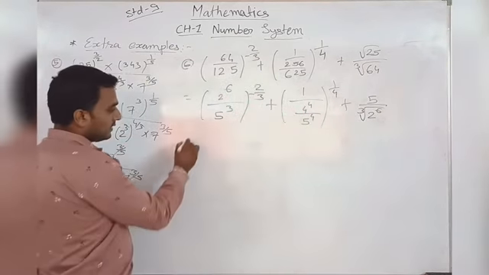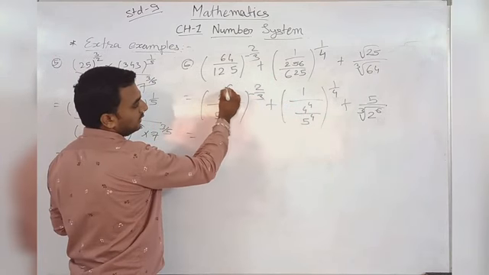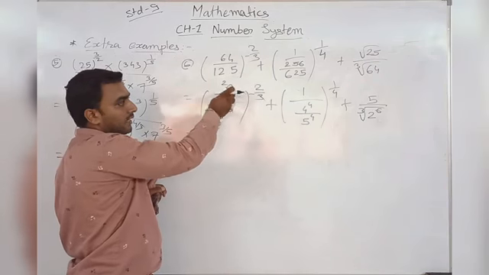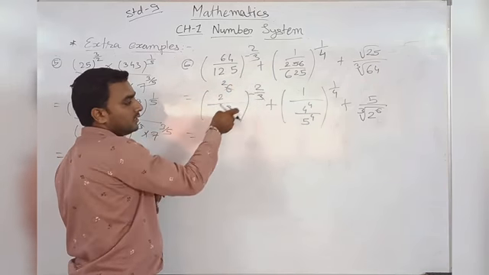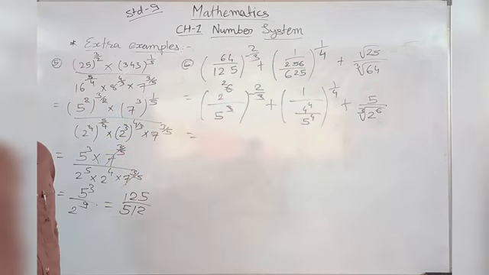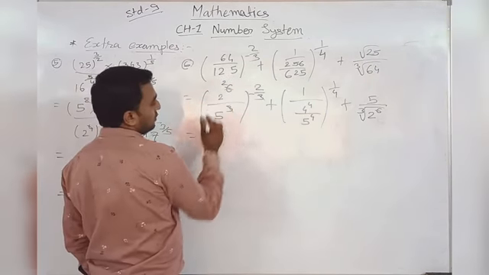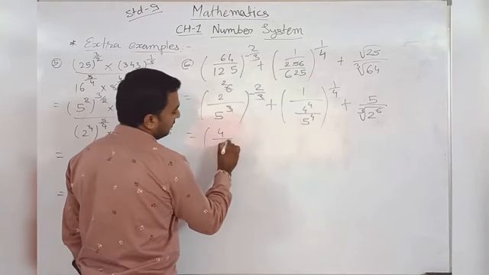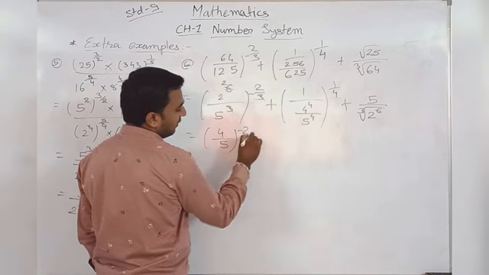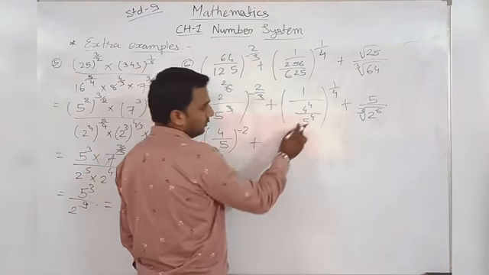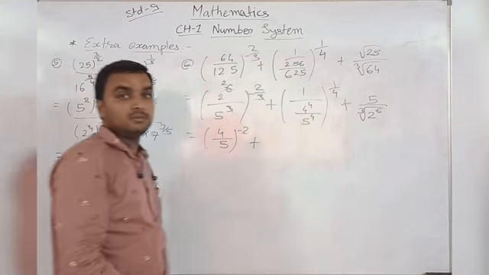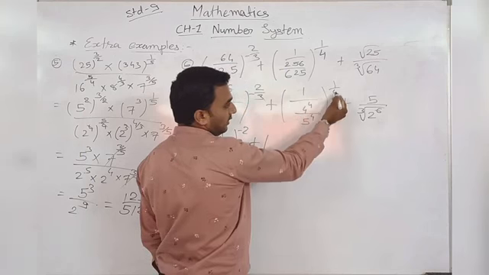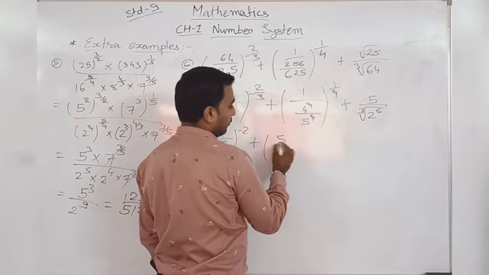Okay, now again see here, here 3 3 cut, 3 2 ja 6 and here 3 3 cut. Okay, why? Because here we have to give this power to this one also and this one also, both we need to separate them. So 2 2 ja 4 and in the denominator it is 5 and here its power minus 2. Here plus, we know that this is 5 raised to 4 power is the denominator of denominator, so that's why it is going to be in the numerator. And here 4 and 4 cut, so here 5 upon 4 is your answer.